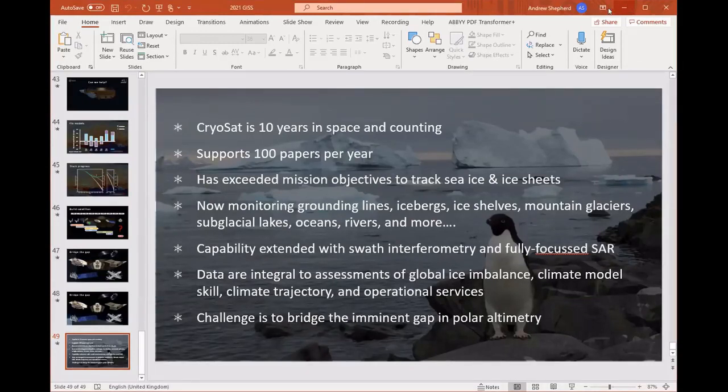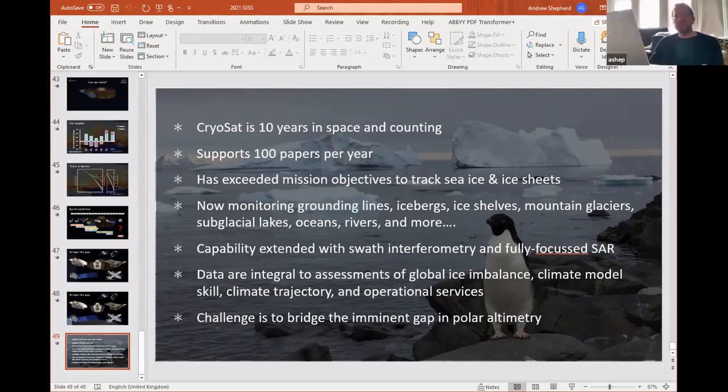I think we mentioned bridging the gap. I had a question about that, but I think that was discussed. But you said that CryoSat was unable to monitor Antarctic sea ice, and why would that be? So all of our altimeters struggle with Antarctic sea ice, and it's not